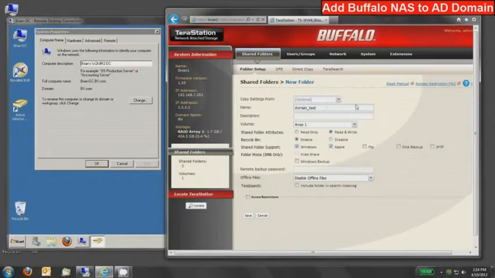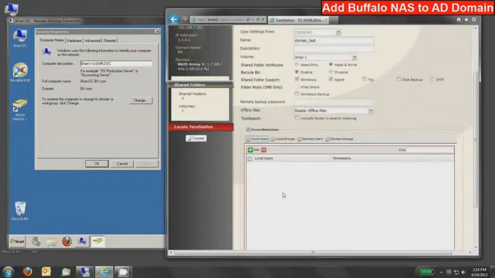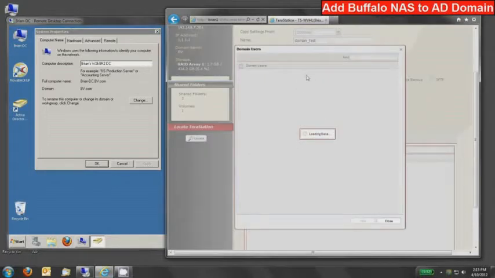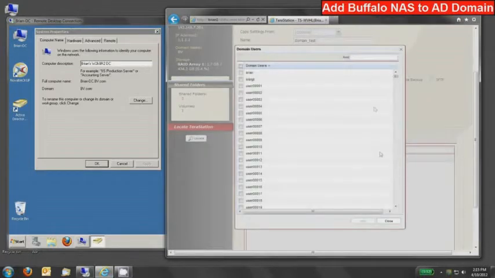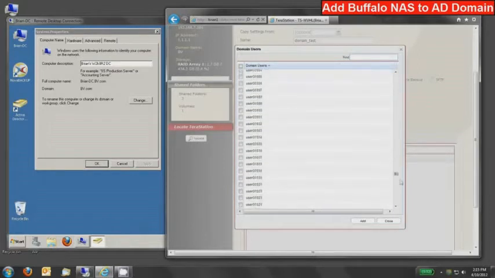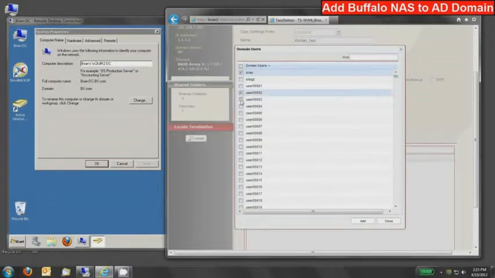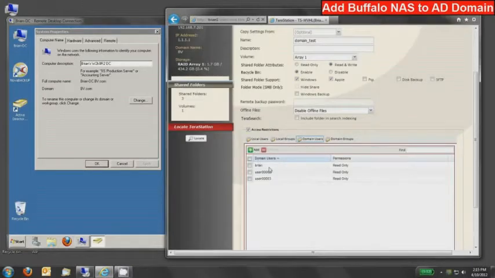We'll name this domain test. And if I click access restrictions, I can add a combination of local users, groups, or domain users or groups. So if I wanted to add my Brian domain account, I could click on domain users and press the add button, and that same list will come up. Now it's possible that all 2,500 in my case won't show up here, but they will be searchable. So I can type in Brian, and you can see the entire scroll list of 2,338 users.